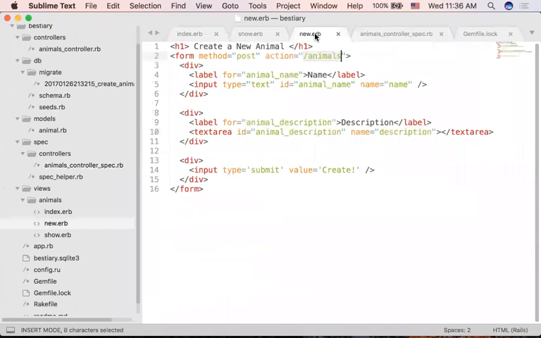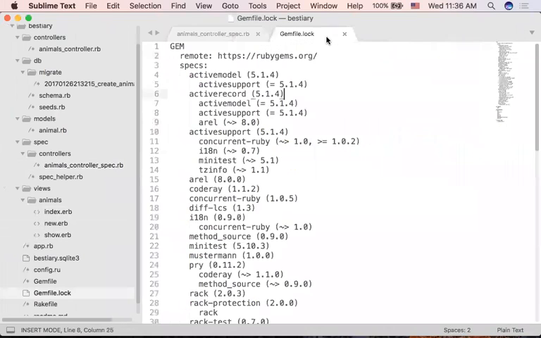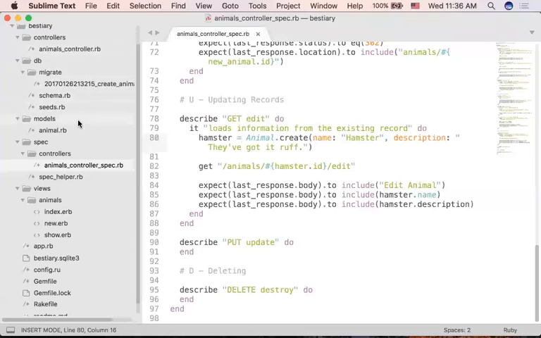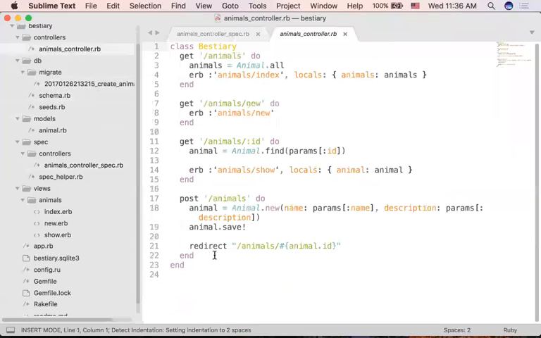Where's animal? I don't want this. I don't want this. I don't want this. I also don't want that. Animals controller. Now I'm also going to create a